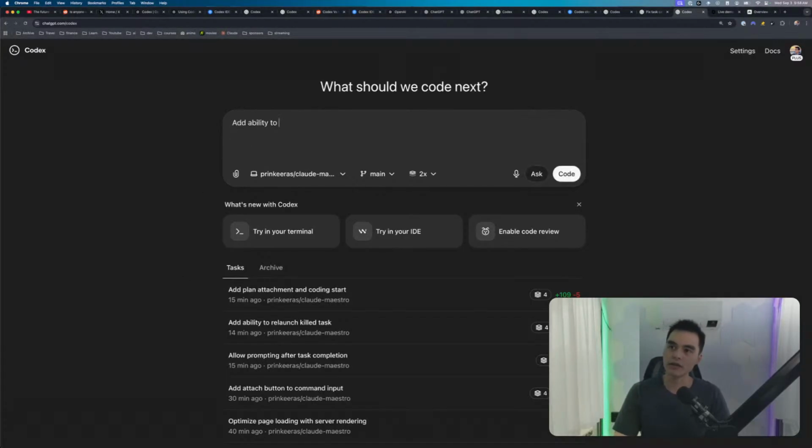Add ability to add a button in the command input in dashboard. Add an attach button to the command input on the dashboard page. And